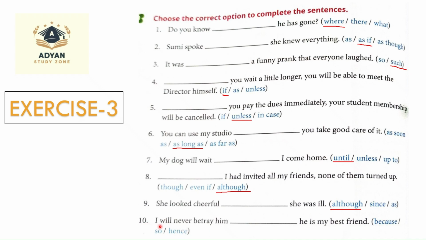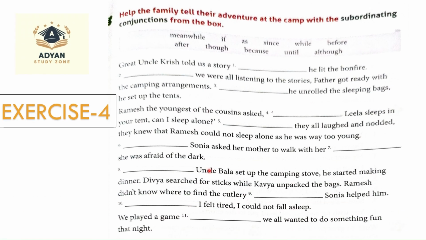The last one is I'll never betray him. Dash he is my best friend. The correct option for this is because. As we have finished this exercise, we'll move on to the next one. Alright, so the next exercise is